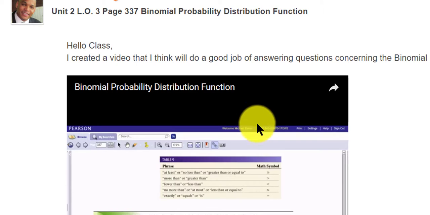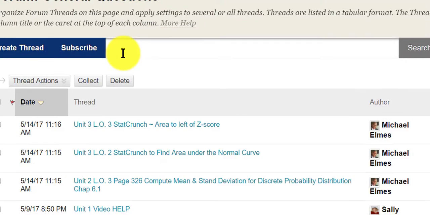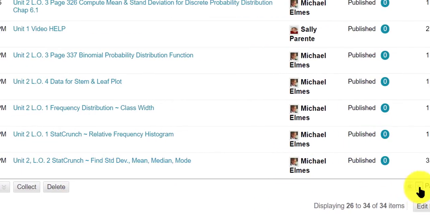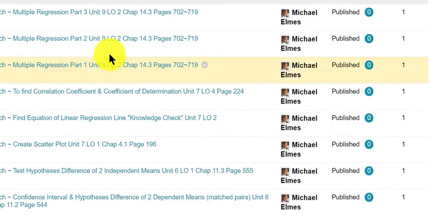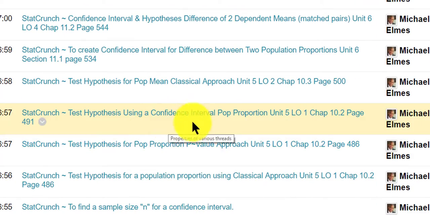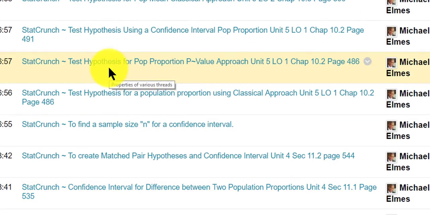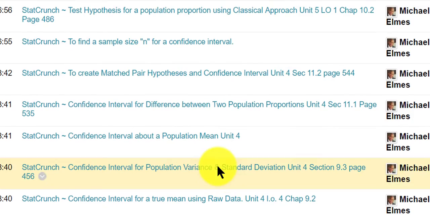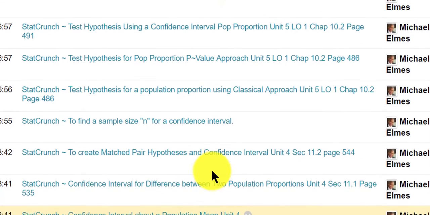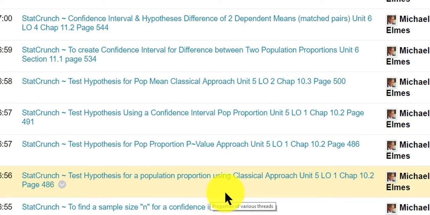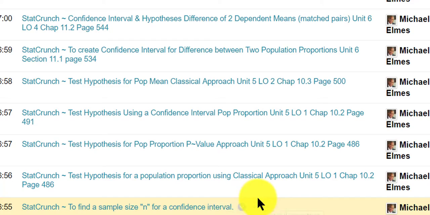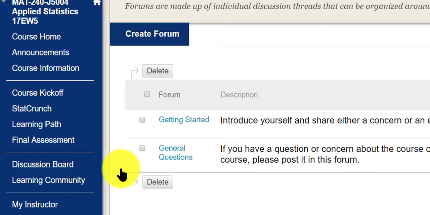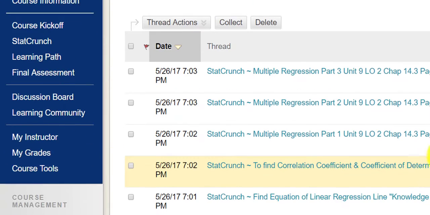So if I go back to the discussion board, you will see Units 2, Unit 3. On the next page, you'll see Unit 9, confidence intervals, hypothesis tests, and so on. So I tried to post as many videos as I could to help you with topics that have given previous students trouble. Okay, so I would highly recommend that you check out the discussion board under general questions to look at some